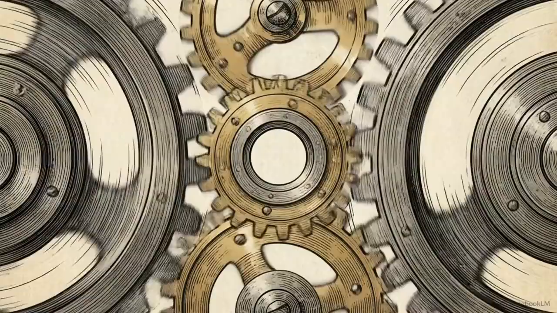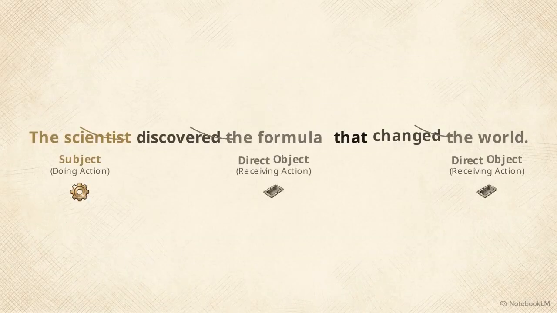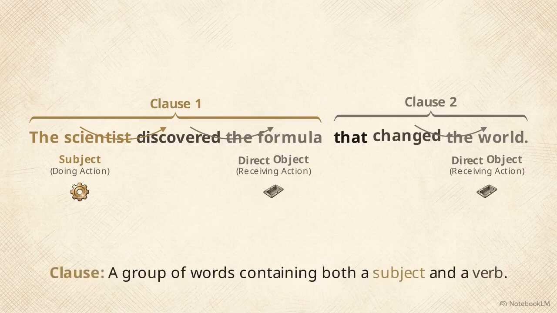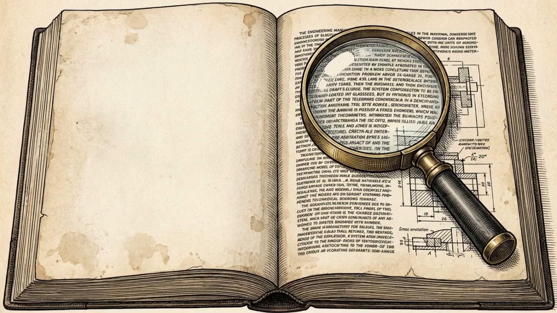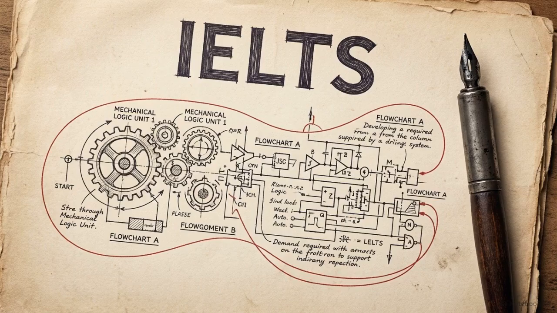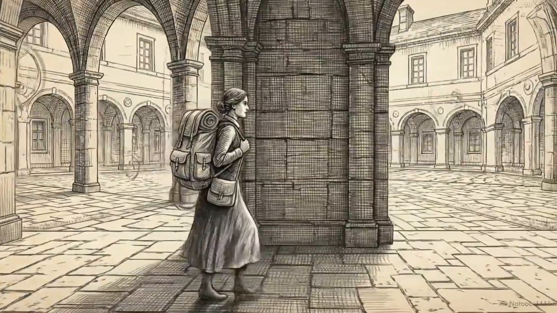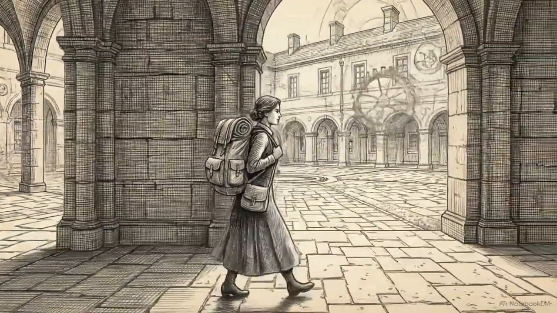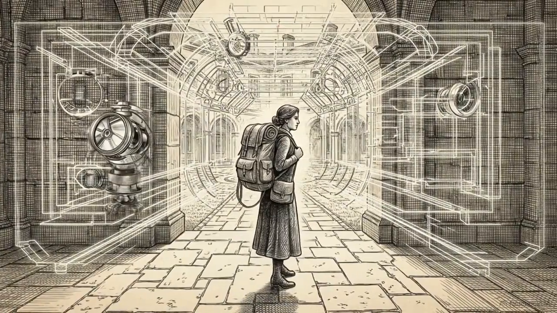When sentences grow in complexity, nouns perform these roles simultaneously across different clauses. A clause is a group of words that contains both a subject and a verb. Learning to identify these load-bearing parts allows you to deconstruct those academic texts, turning a wall of text into a series of logical, connected parts. This mechanical precision is exactly what the IELTS exam measures. Mastery here is what allows a student to meet the rigorous linguistic standards required by international universities and global institutions.